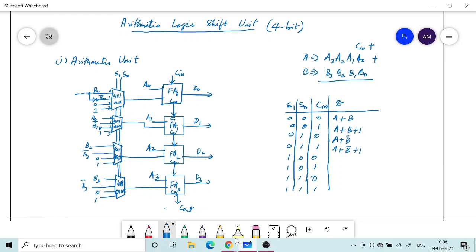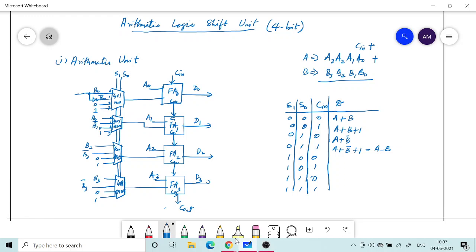Now if you look carefully, you are complementing all the bits of the second number and adding 1 to it, so that will give you the 2's complement form of B. Okay, and 2's complement of B means we are basically adding minus B with A. So you can write this operation as A minus B. So if you want to subtract B from A, in the 2's complement method, what we do is complement each bit and then add 1 to it, and then the resulting thing will be added with A. Okay, A minus B is A plus 2's complement of B. Okay, that's what we are doing. So this is the way you can get subtraction.